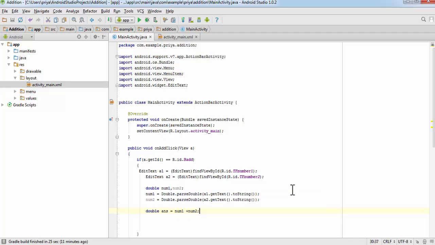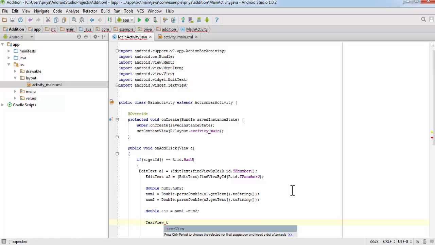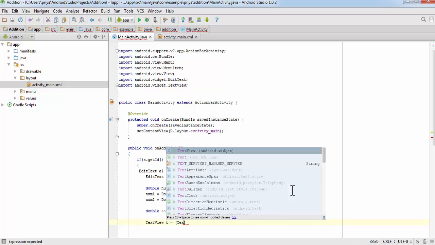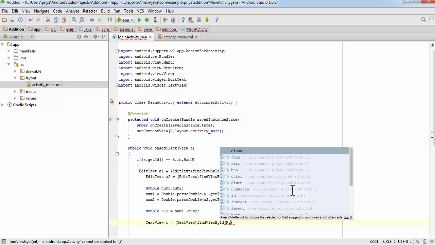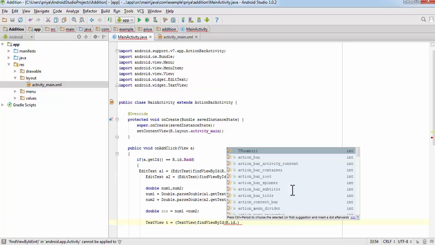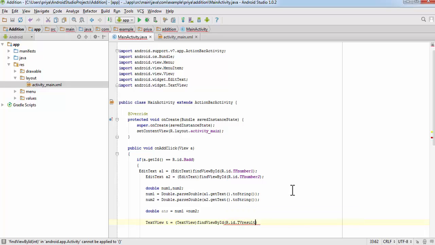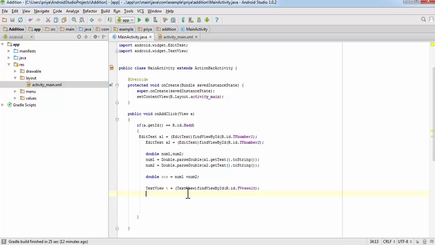Now we need to create a text view. So TextView tv is equal to findViewById R.id.TV result. And we need to set the text to this variable.